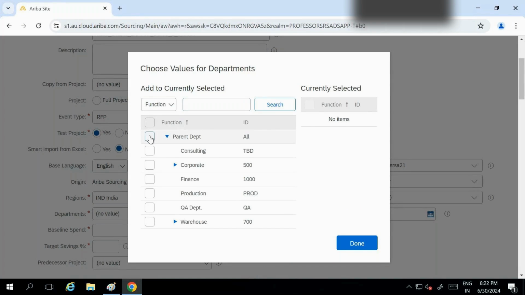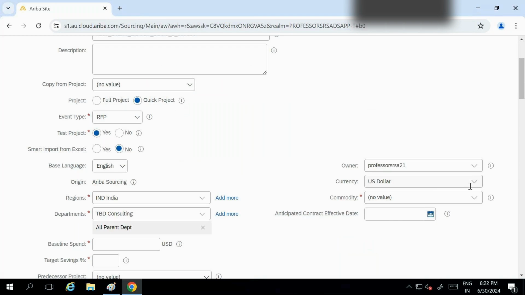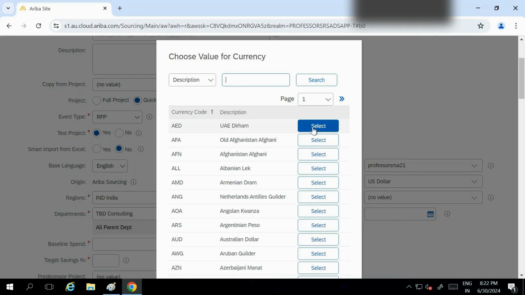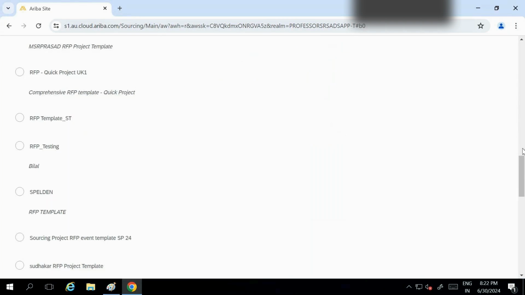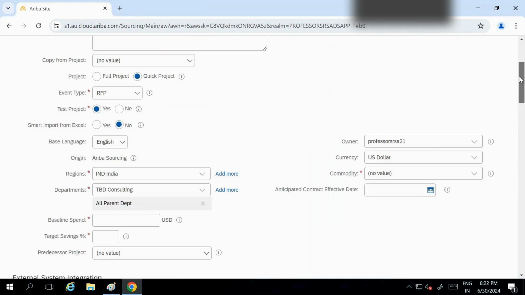If you see, this box is considered multiple actually, but when you are selecting this currency, it should be single. You can select only any one. We are not going to select this, because by default we have USD. So that is the only one we are going to use. Baseline spend, nothing, but if you want to add your budgeted value or something like that, you don't want to explain that, you don't want to go further, then it should be a baseline spend.